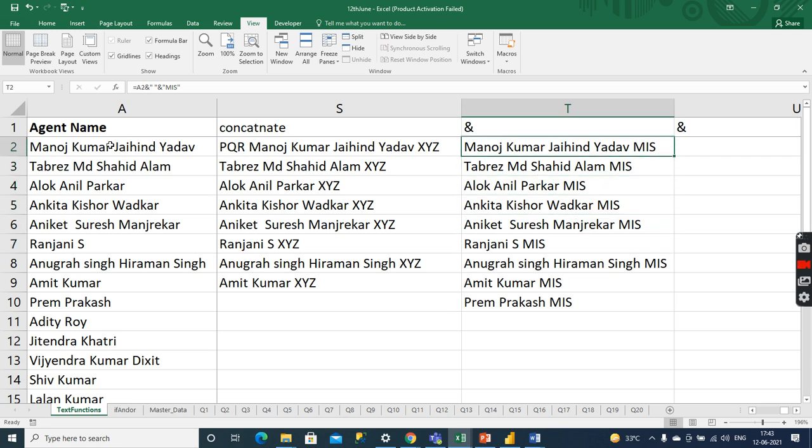So you can do this with the help of CONCATENATE also, and you can also use these functions. Both will give the same result. Clear to everyone?